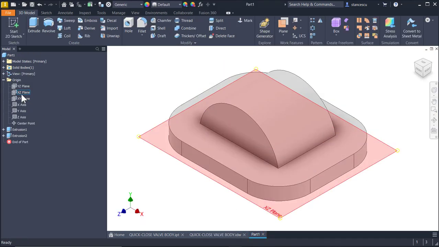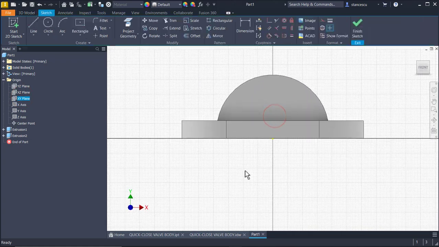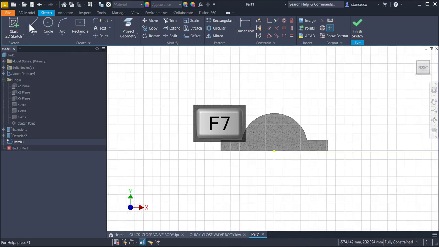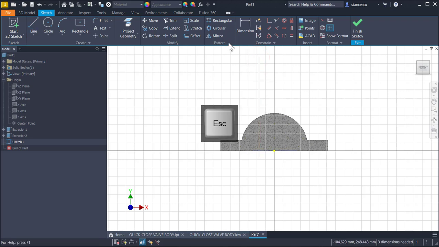What is the plane? XY, the same one. F7, line from the bottom to somewhere. I project